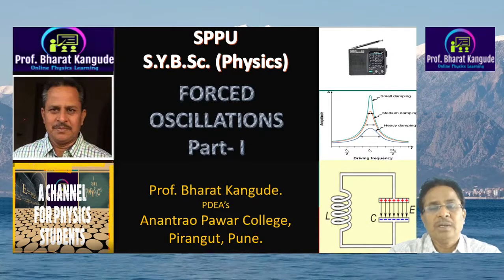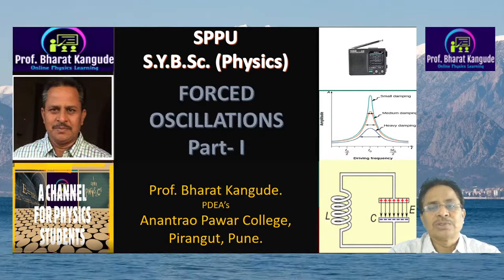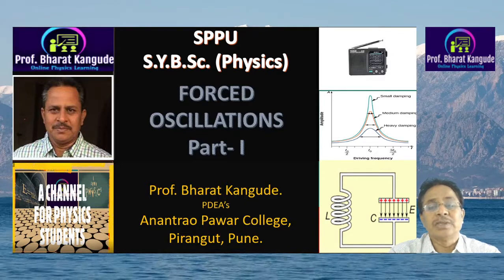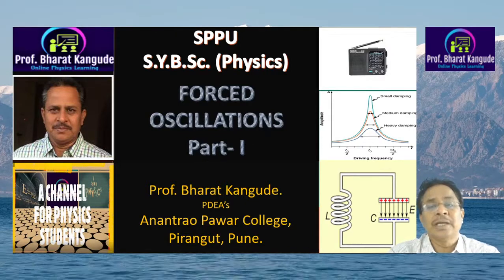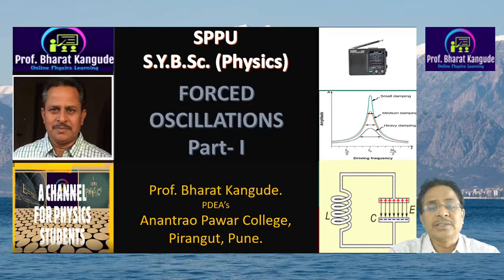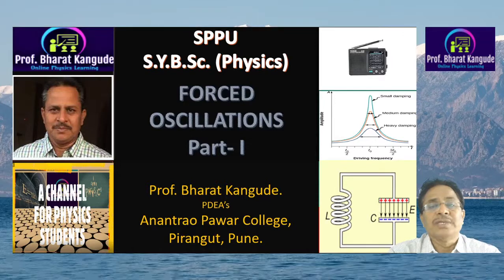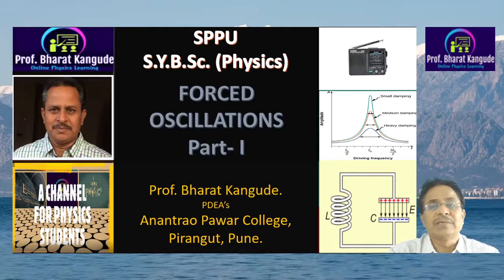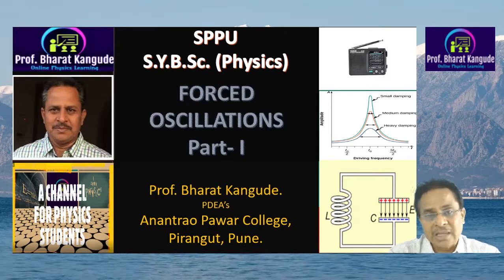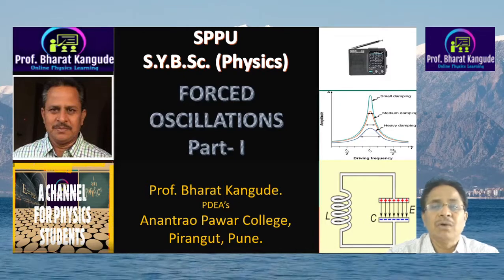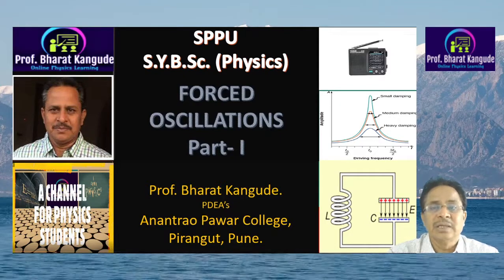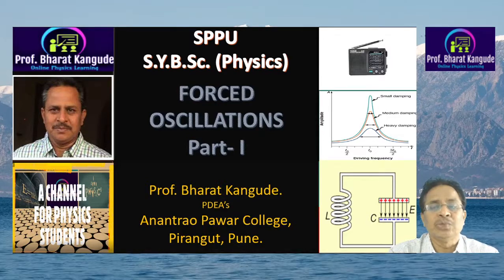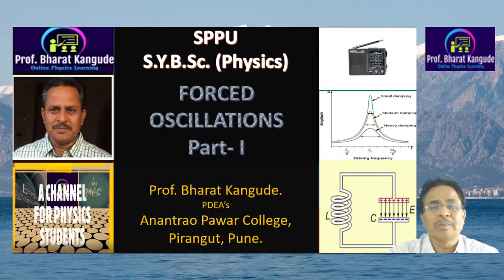That was chapter 1. In chapter 2, we added one more force, called the damping force or resistive force, which is a velocity dependent force given by minus r into dx upon dt, where x is the displacement. This force opposes the motion. We set up the differential equation for this damped harmonic oscillator and solved it. We saw three cases: case 1, overdamped; case 2, critically damped; and case 3, underdamped motion. Out of these, the underdamped motion is the important one for us.